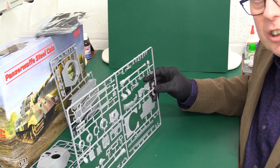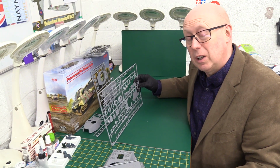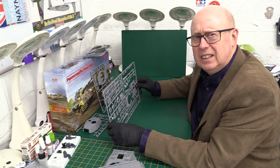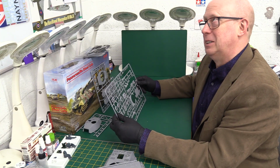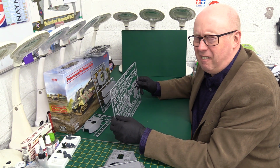I've got some reservations. I think I'll come straight out with it. I think it's a 9 out of 10 for this one as well, actually. Whilst they've gone for this different track, it certainly isn't better. So one's got horrible pain in the backside, millions of individual links, and the other one's got rather a nasty,